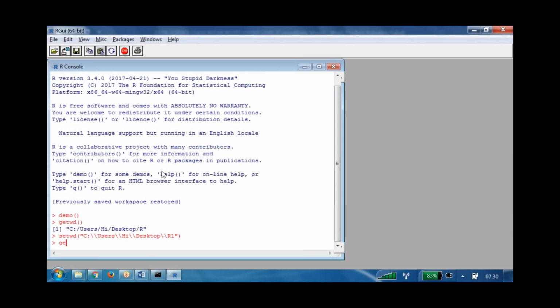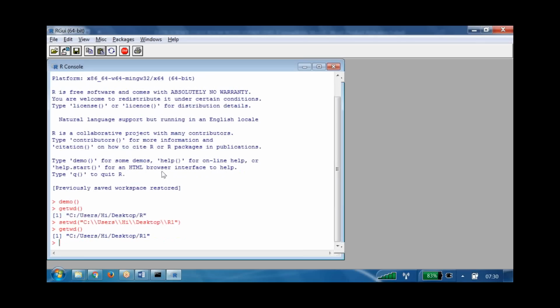Now if you type getwd(), we can see it's pointing to the new directory called R1. That means whatever you save down the line, using the save option, is going to be saved into R1 only.